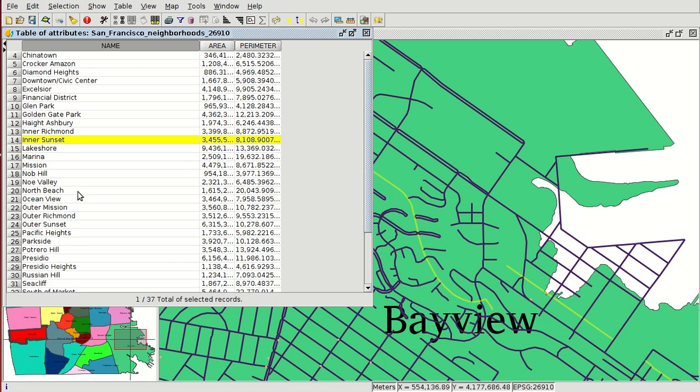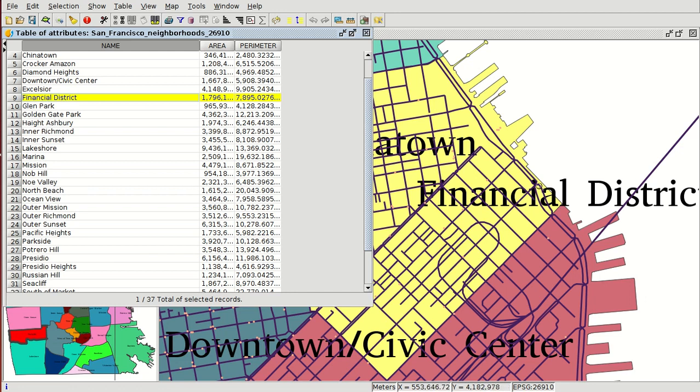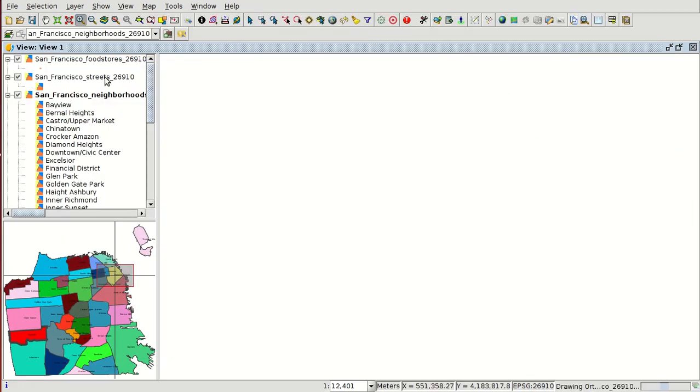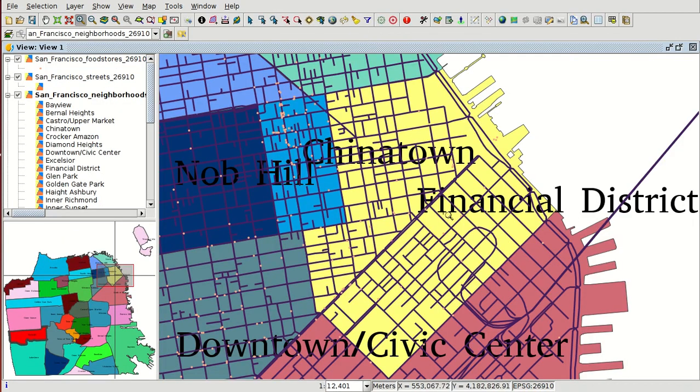For example, we can select the financial district, and we zoom to this register, the financial district,